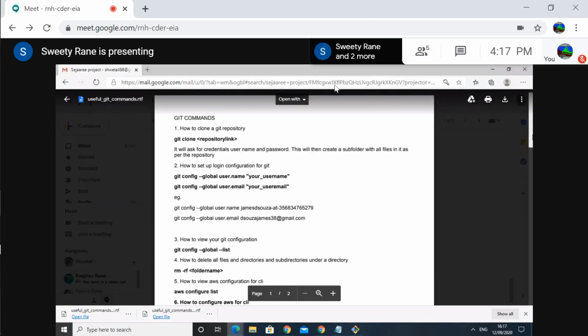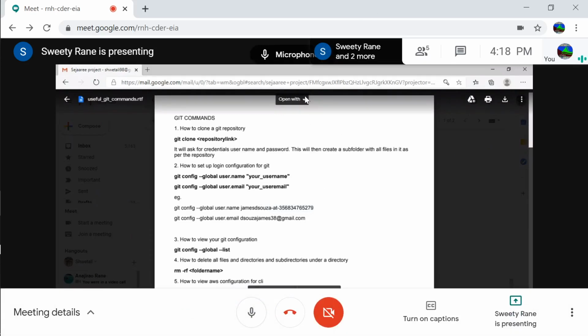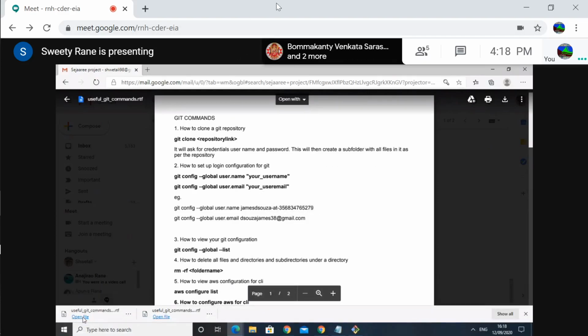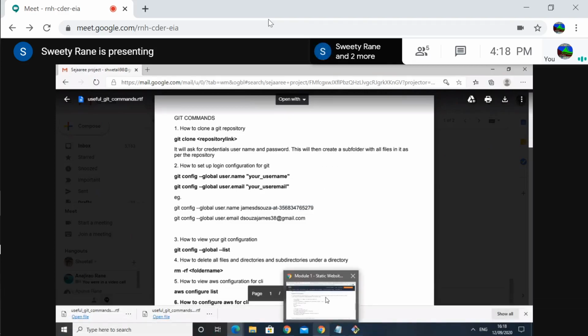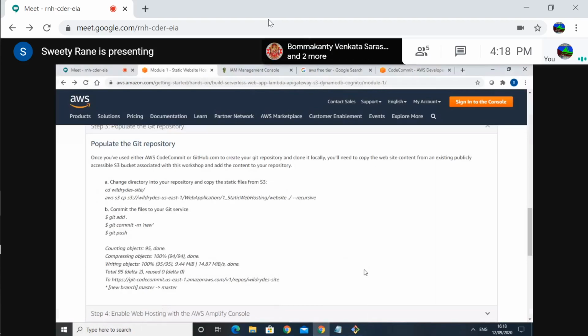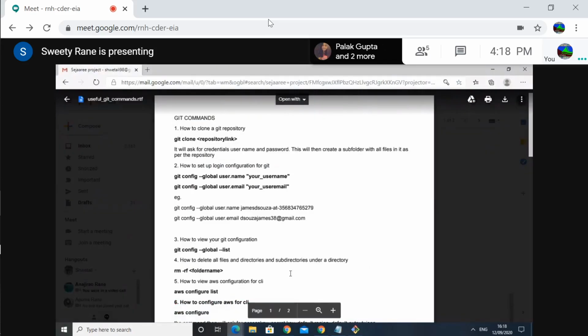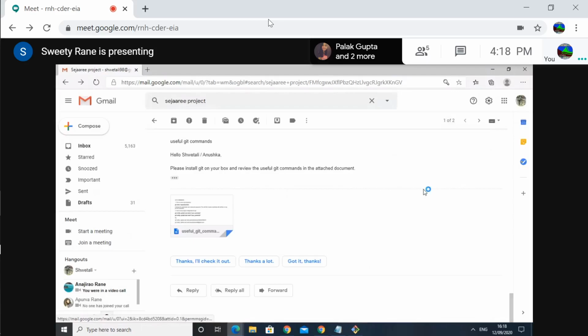Have you saved your file? Save this file now. Download it. Okay, I can see that it's saved over there. It's down there. It's okay. Okay, go back. Yeah, it's there in your downloads folder.